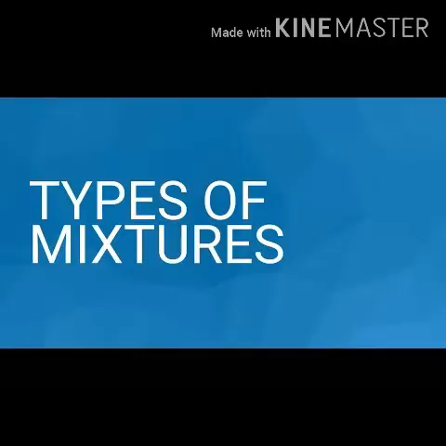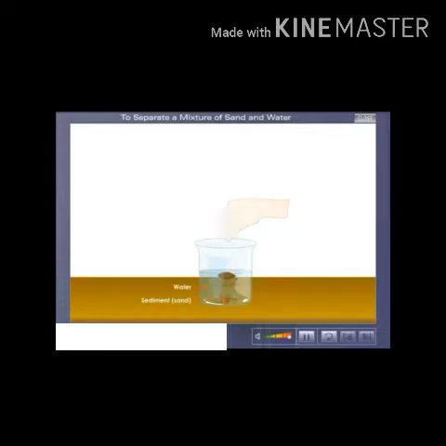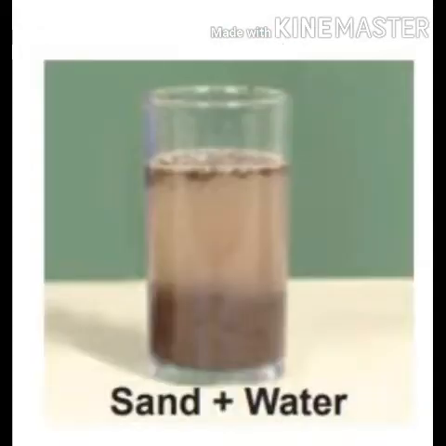Mixtures. Let us study which are the types of mixtures. Take a little amount of sand and mix it in water. Stir the mixture and observe it. What did you see? Sand will not completely mix in water and the components of the mixture will be distributed into two phases. The part of matter having uniform composition is called a phase.